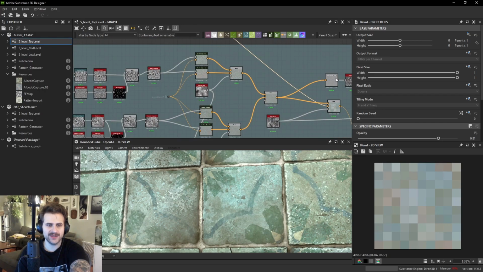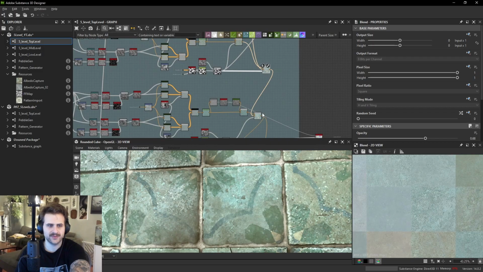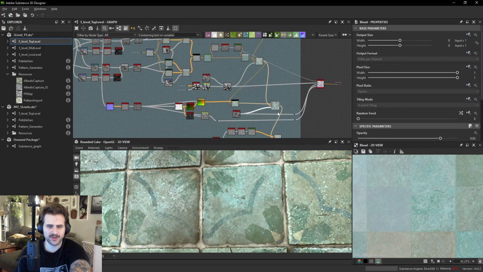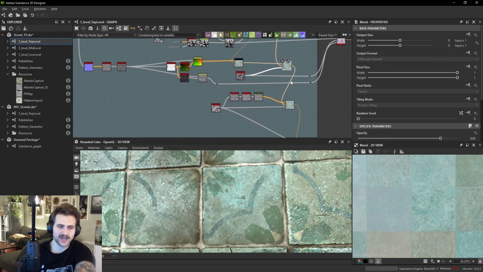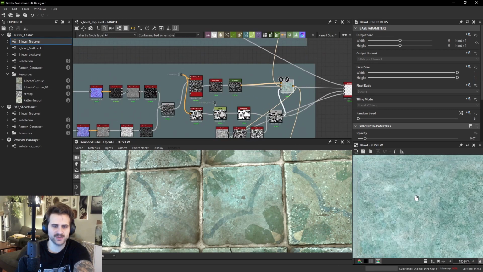At any rate, the albedo in this version of the texture is much more interesting. We have a lot more interesting blends. We're blending between multiple gradient dynamics. It's a lot more interesting. Another cool thing is when we laid on these white cracks,